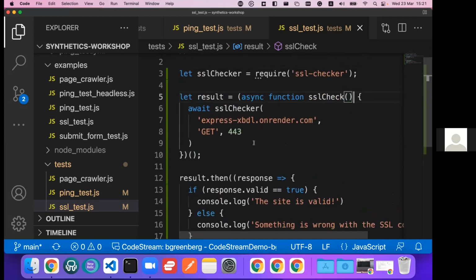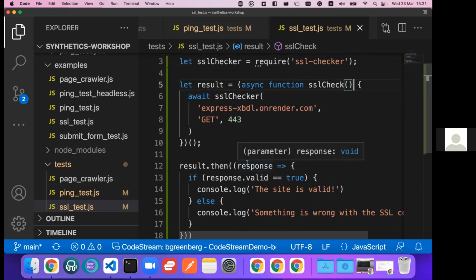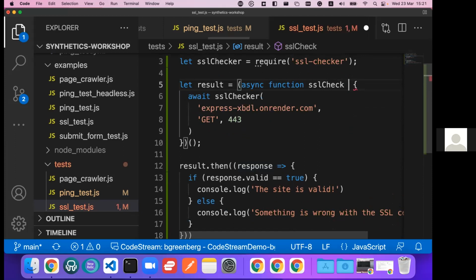Remove that open brace and put an arrow function there. Yeah, and remove. Sorry, you don't want to put the arrow function. Just